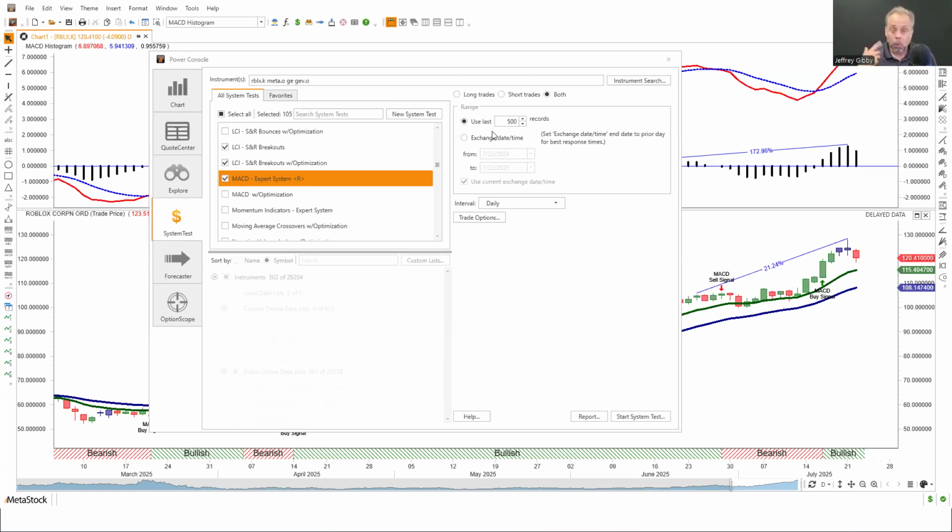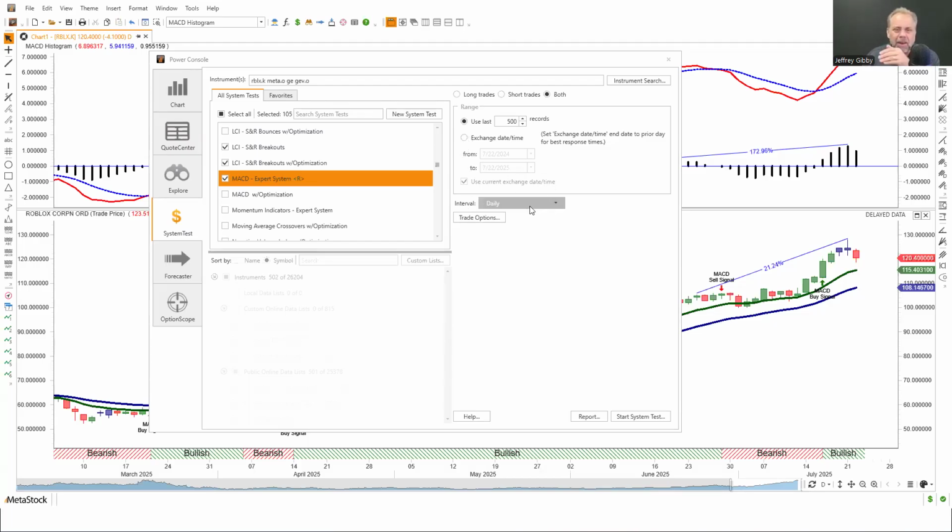Okay. I get a question a lot: can you do walk forward system testing? You could. In a nutshell, that's testing from a certain time to a time in the past and getting a back test result, and then seeing how those best performing systems would work in a current environment. If you want to do that, you can just set your exchange time to 6 months ago or whatever it is that you want to do. You can certainly do it though.